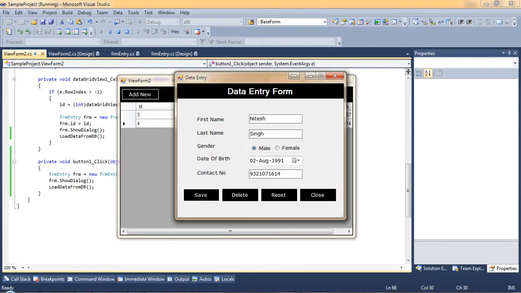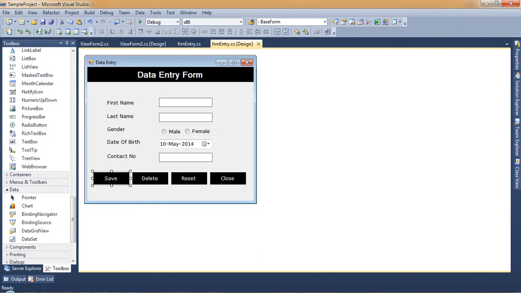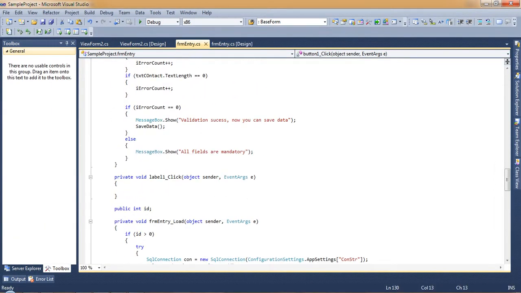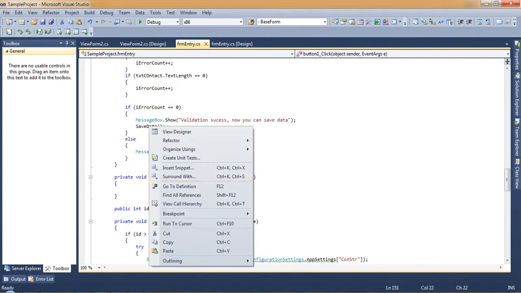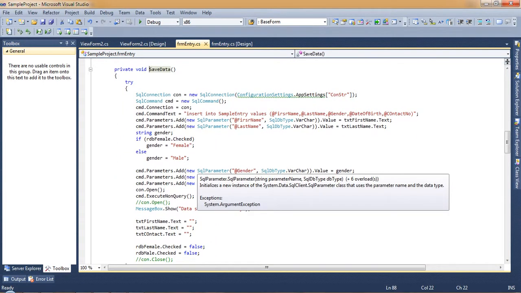We are already getting this data here, so I have to do the updation part. So what I will do is, in the same form, on click of the save button, we are already validating the record. This is the method which we have created to save records. Just right click, go to definition, the method gets open.